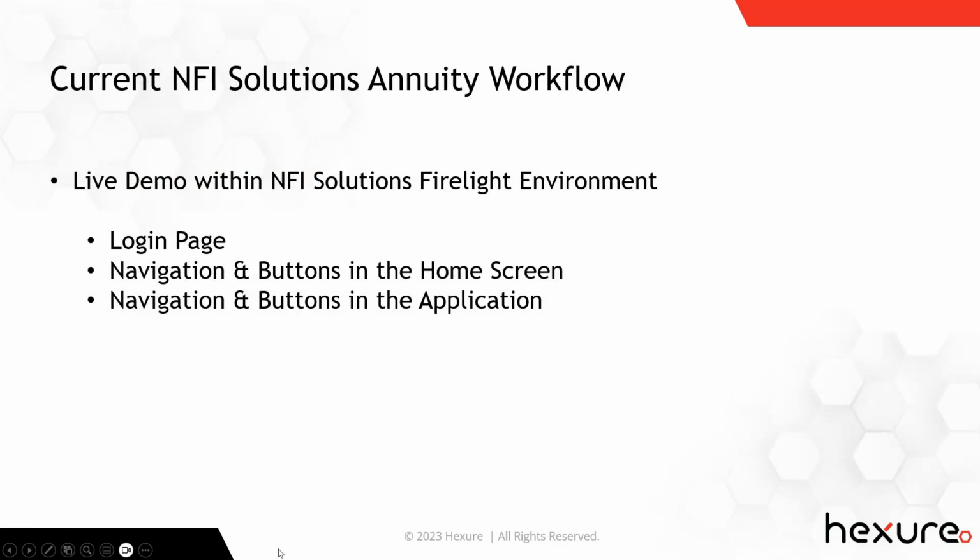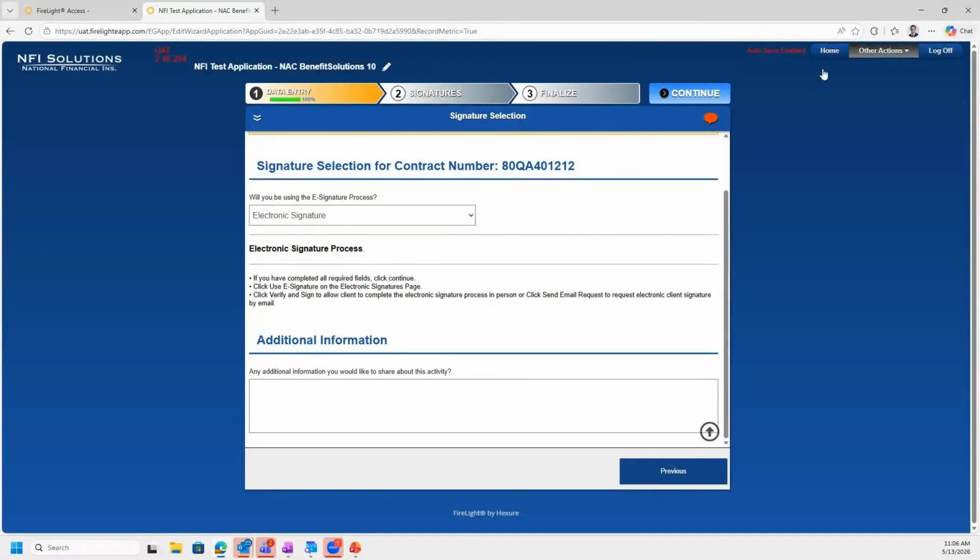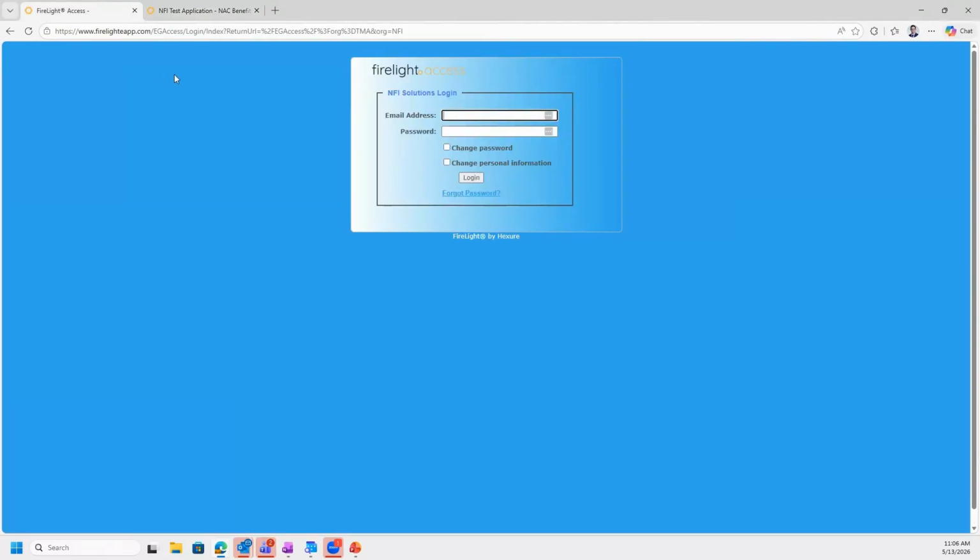Now I'm going to pull up a situation for you guys. This is going to be your guys' instance of Firelight. Let me take a second to pull it up. As you guys log in, many of you may already have this link in this view saved to your bookmarks. If not, we do recommend that you add it to your favorites somewhere or utilize the NFI Solutions website to